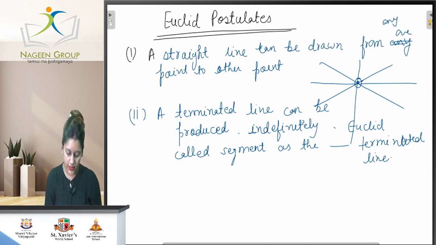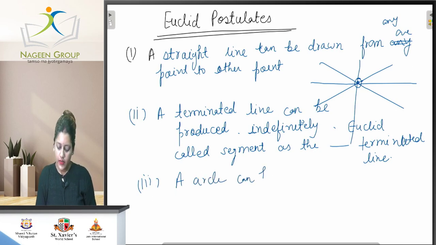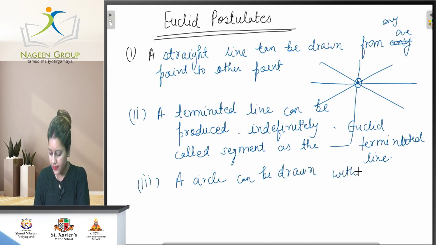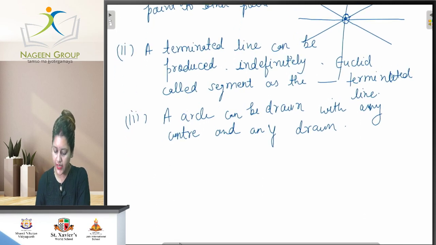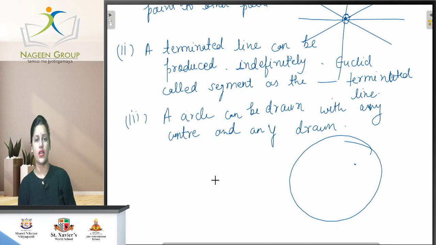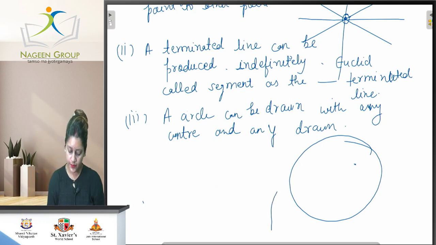After that, the third one: a circle can be drawn with any center and any radius. कि एक सर्किल किसी भी एक पॉइंट से ड्रॉ हो सकता है और किसी भी रेडियस का ड्रॉ हो सकता है. Fourth one,